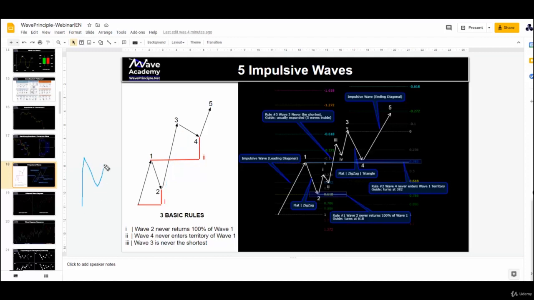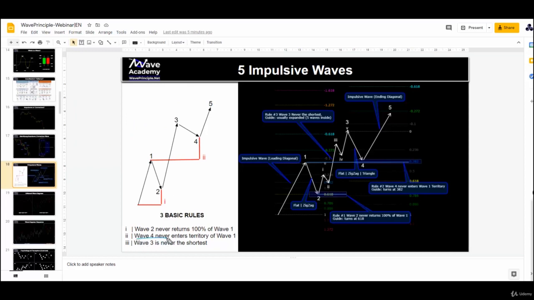If we have a movement like this, it cannot be 3 because it's too small compared to the other wave 1 and wave 5. In this case, we can consider this to be our wave A, B, and C to go down for a new low. That's the difference. If it's like this, it may do ABC but break a new high, and it came down for a movement like that. So that's one of the main rules that we sometimes forget. The wave 3 cannot be the shortest.